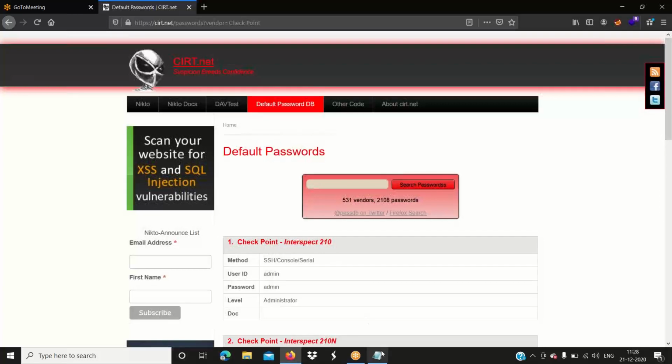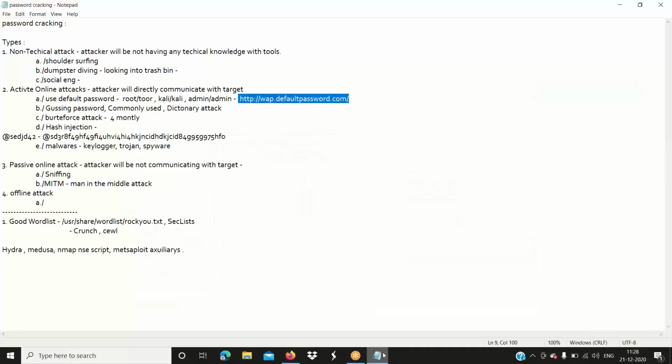So if they have not changed the passwords, if they are just using the default password, the attacker will easily be able to get into it. So I can log in to their websites or something because it's a default admin and password.